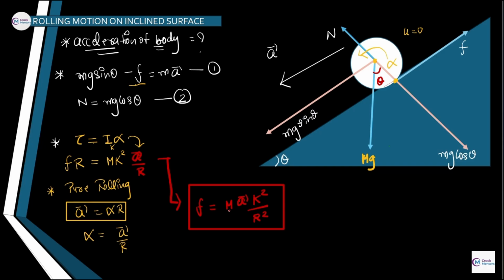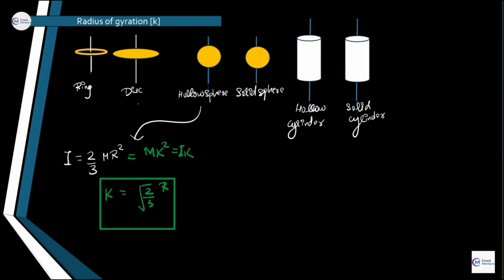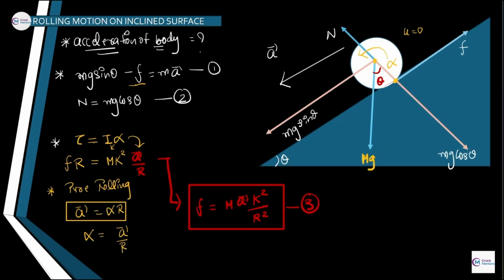Now this is the value of friction, and I am assuming this is equation 3. Now we have 3 equations, and just give me some time to put it on a different slide. Okay, I am copying the slide. It has been done. As you can see, we have a friction value, and I have copied this slide, so I am removing the unnecessary part.